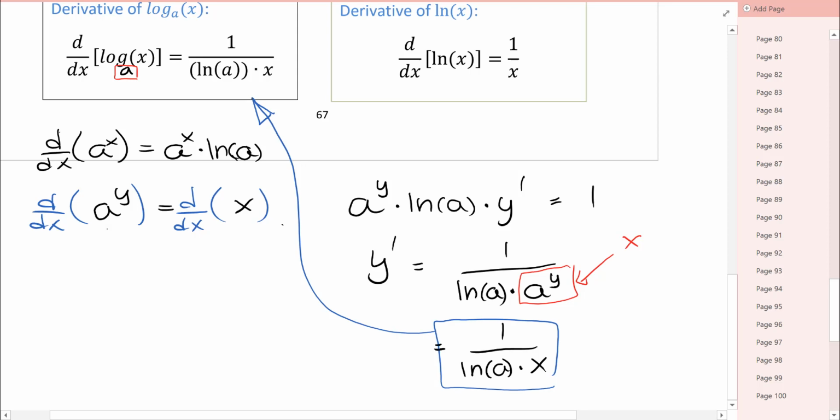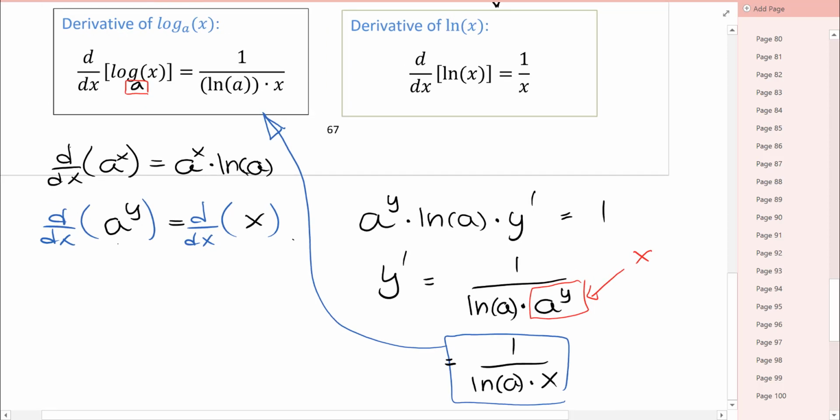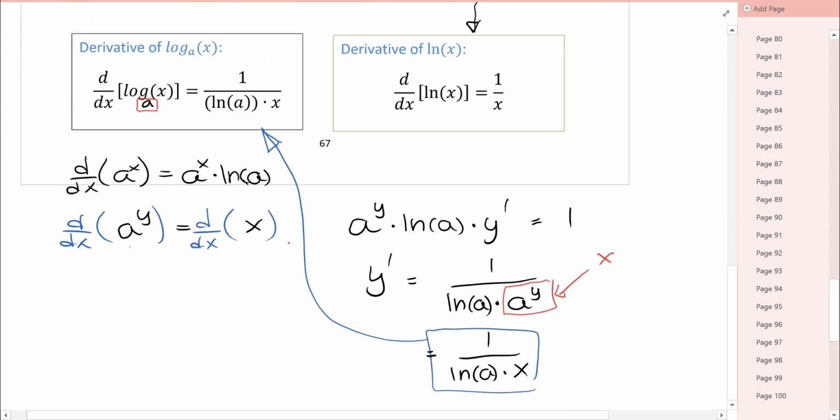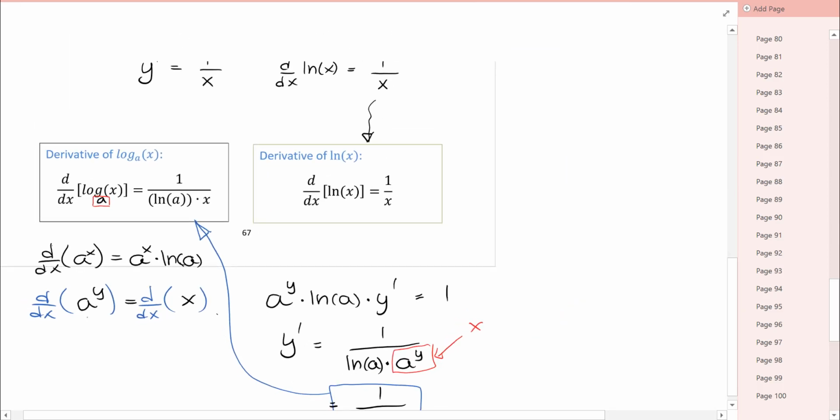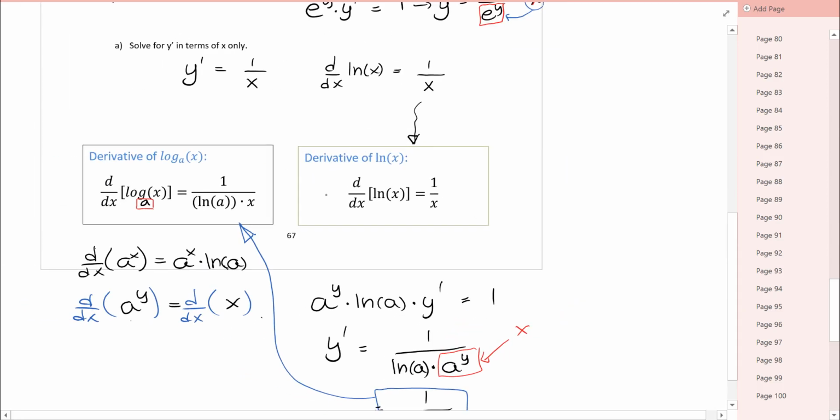I generally never give you a logarithm other than a natural logarithm, but you might see it somewhere else. So I just wanted you to know about it. Or if you go on to take Calculus 2 with somebody else, you might see it somewhere else. Okay, so we've got a new derivative. The derivative of ln x equals 1 over x, and then we've also got